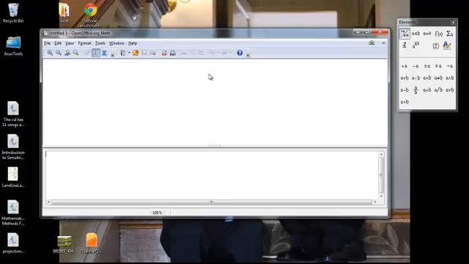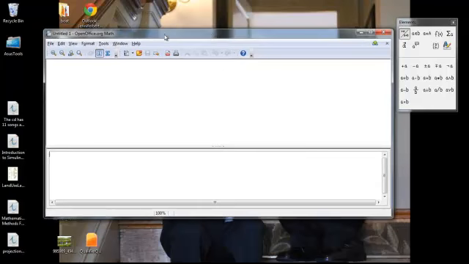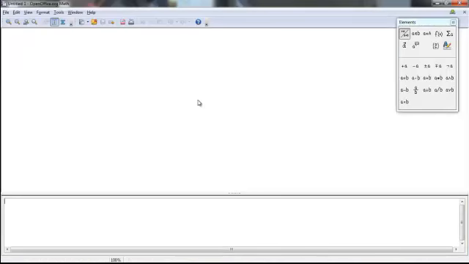The interface for OpenOffice equation editing is very similar to that of Microsoft Word, so this should help you Word users out there. And then, of course, since this software is free, you can certainly download it and decide to use this if you want. So the equation editor in OpenOffice is called Math, and I've opened a Math window here,